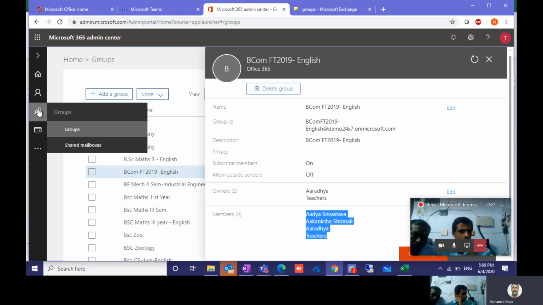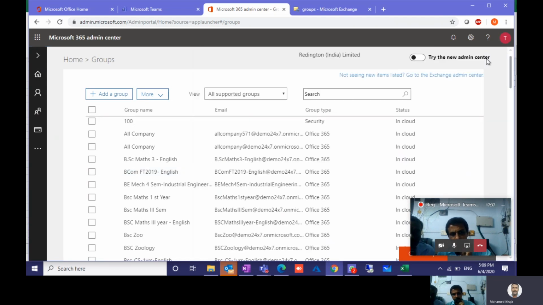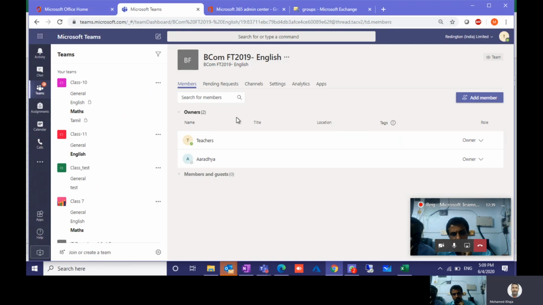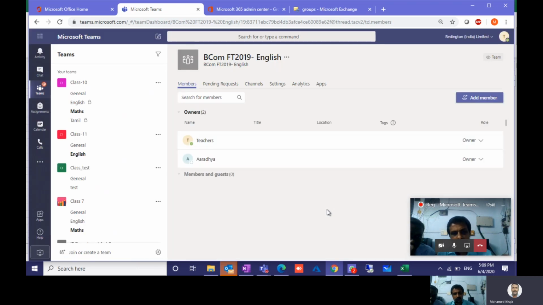Admin center, groups. You can see that BCom group, and when you click, you can see the members. Now it will be reflecting here, but I'm using a web version, so it is taking some time to reflect. Once this reflects, you go into Teams again.